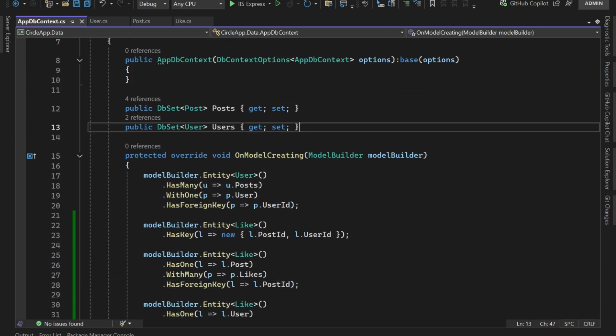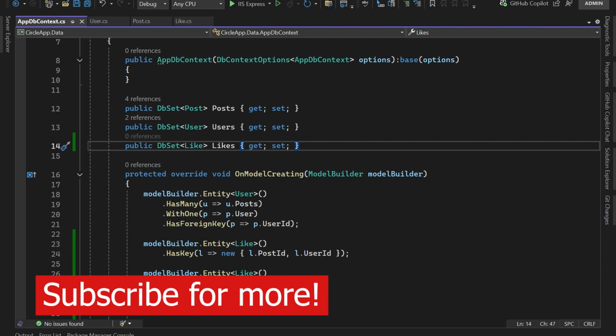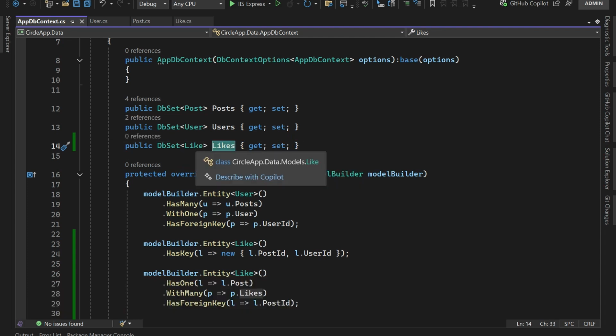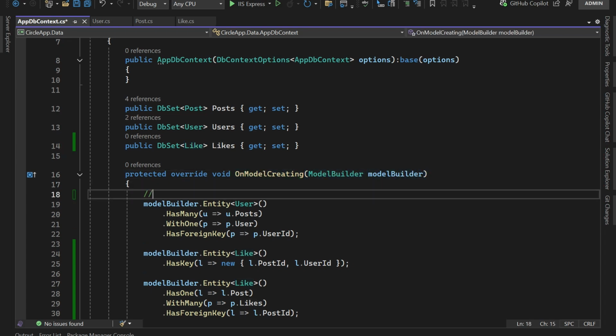For us to be able to add this now to the database, we need to create another public DbSet, which is going to represent a table in the database. And what this means is that we're going to create a table named likes using the like model. Now, if you want to modify the default naming, you can always write code inside the onModelCreating. For example,